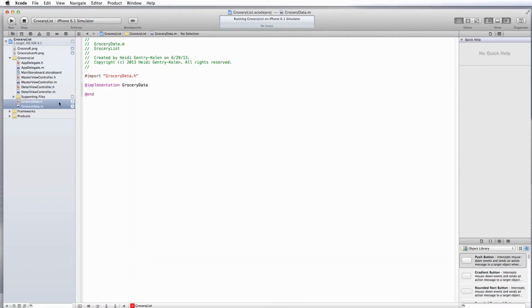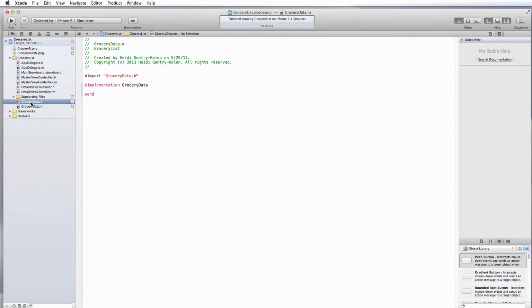And now you can see that these files, your .h and your .m files, have been created, and visually they're stored under your supporting files area of Xcode. Now we're ready to go ahead and create some constant values. So what we want to do here between our .h file and our implementation file, which is our .m file, we're going to basically create a model that we'll use to work with the data in our application.